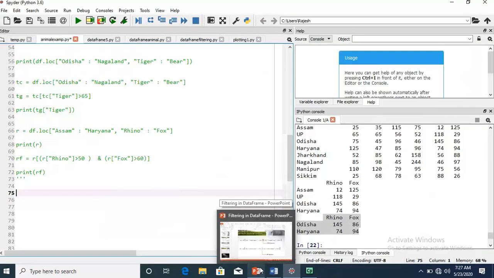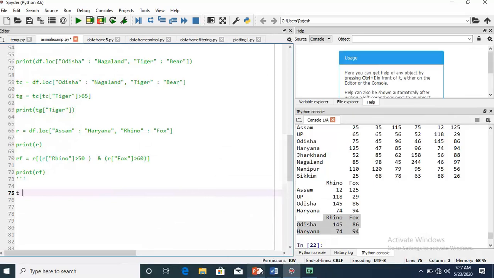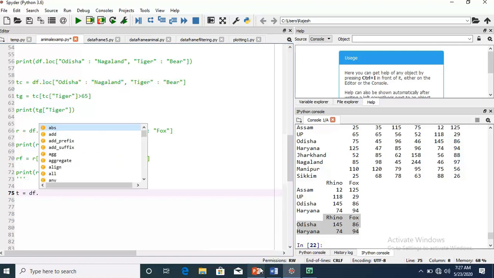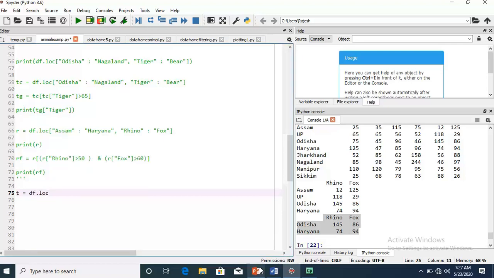The first thing, I have used the variable t, then df dot loc, and there they require Assam, then Nagaland, then row index, then column index.